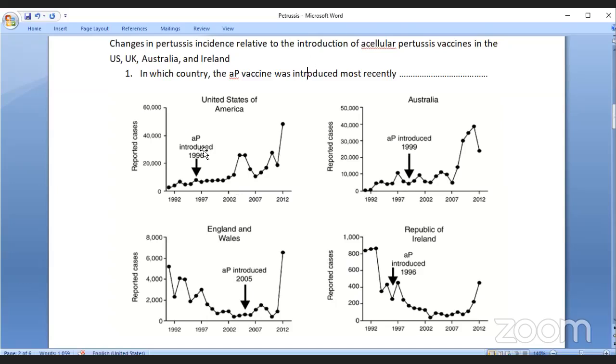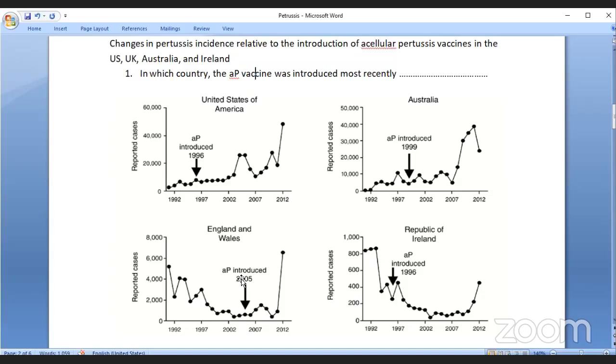Okay, so we have England, four. Yes, please. England and Wales. Okay, so we have four countries here: USA, Australia, UK, and Ireland. The question is when the AP vaccine was introduced in England. Here it was introduced in 1996. Here 1999. Here 1996. And here